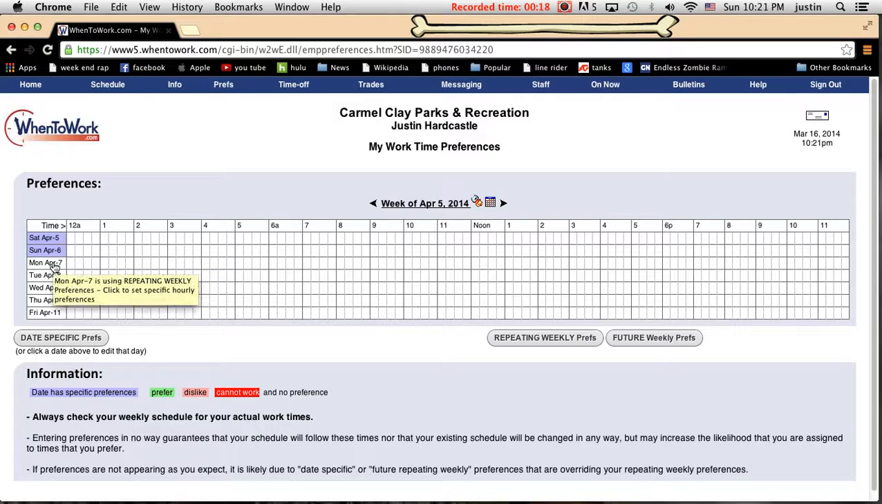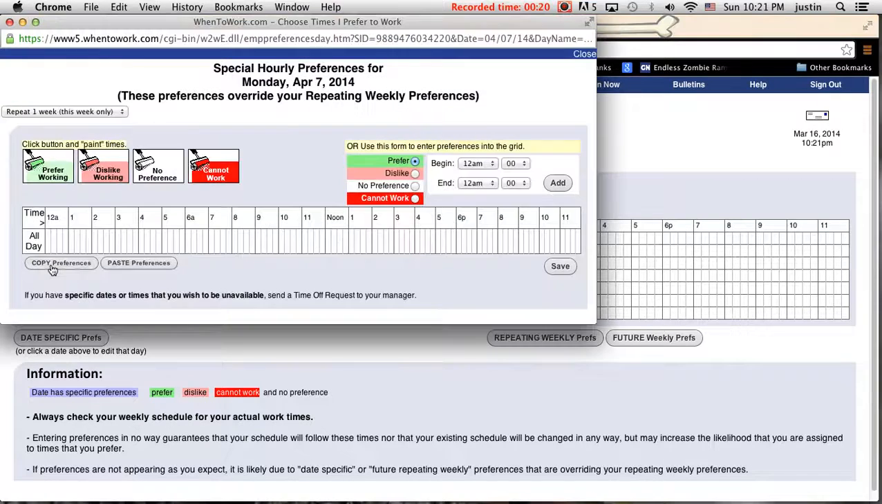You can click on a specific date, such as Monday, and if you cannot work a certain time for that day, you have four options: prefer working, dislike working, no preference, and cannot work. If you have no preference, just leave it blank. But if you know you cannot work at a certain time, just go ahead and hit the red paint,